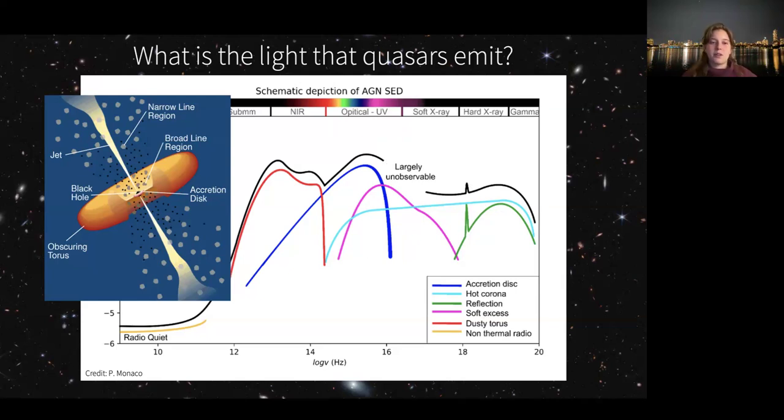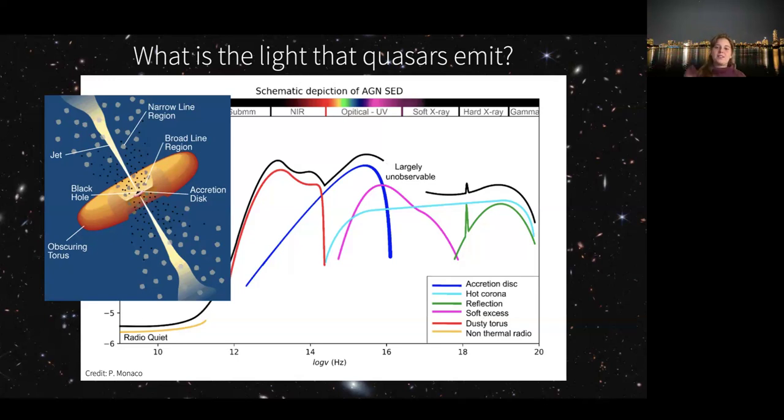And that's coming back to the observations where people have seen something spike up in the X-ray and then show up a little later, which is actually another cool feature, because then you can use the light travel time. The delay between those variabilities in different parts of the spectrum you can use as the light travel time between the different structures that correspond to the different emission mechanisms. And people have used this to determine the spatial extent of, for example, the accretion disk, or the spatial extent of this dusty structure.